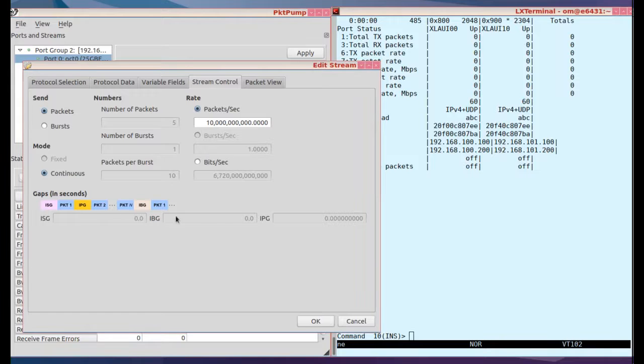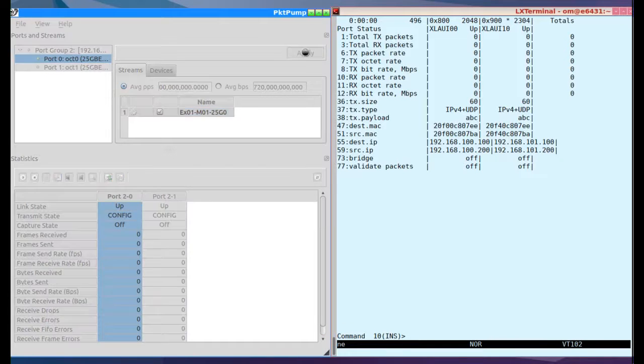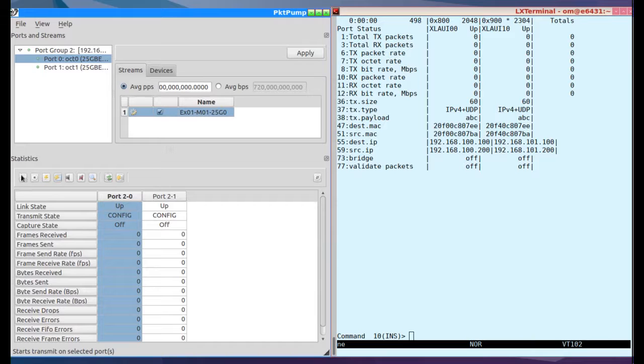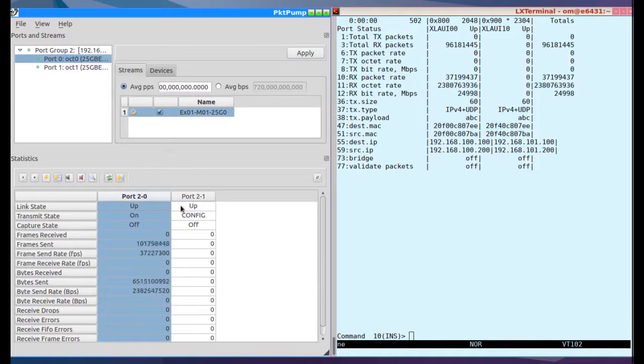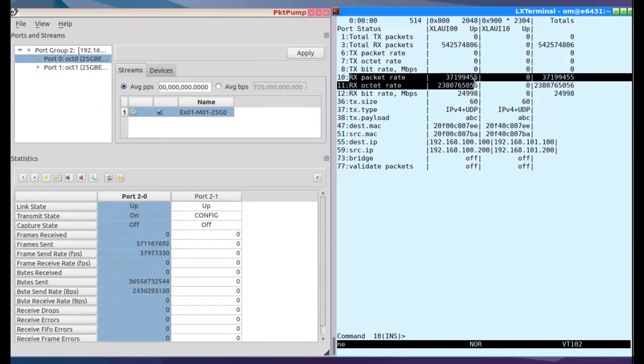No other changes are required as we are using the pre-constructed packet. Hit OK, select the port, hit apply and start traffic. As you can see, the RX bitrate is very close to 25 Gbps and the RX packet rate is